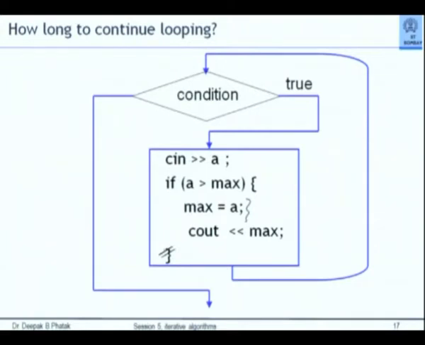I want to set up an iteration. So you can see this control going back. But I don't want to unconditionally keep on repeating the block. I want to set up a condition at the top, like a doorkeeper. That doorkeeper will first examine that condition. Is that condition satisfied? Is the value true? If yes, I'll say, okay, go ahead and execute this block and come back again. So, anybody who gets in through my door and goes into this house called the repeated block cannot escape by the back door. The back door again leads to the front door and the same gatekeeper is sitting there.